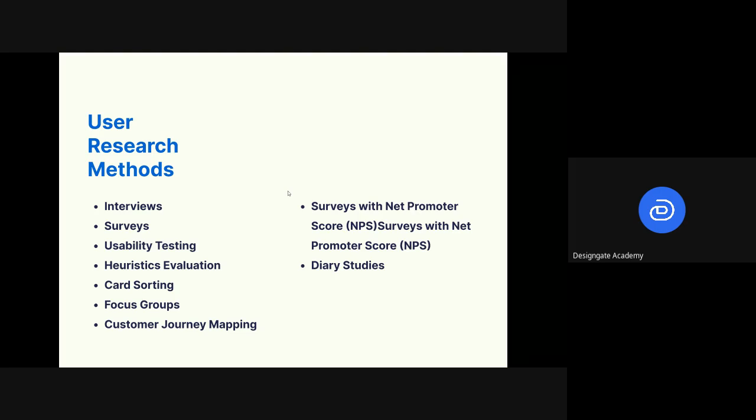So, different types of research methods. You can use interviews for your research, or you can use surveys, or you can conduct usability testing. You can do heuristic evaluation. You can do card sorting, focus groups, customer journey mapping, NPS survey, diary studies. There are a lot of them, but these are the popular ones. But what we are likely going to be doing here is surveys. We'll do survey, we'll do usability testing, we'll do heuristic evaluation. But now the problem is,